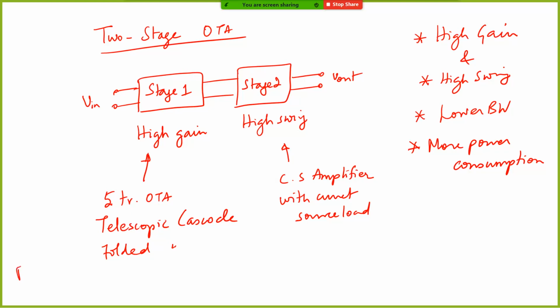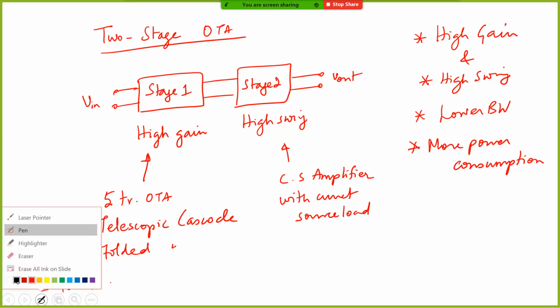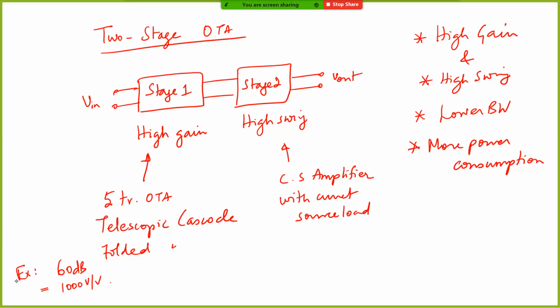For example, let me just take an example. I need a gain of, let's say, 60 dB. Okay, just taking a simple example. What is 60 dB gain? It's basically a gain of 1000 volt per volt. Okay. Now, the way you have to design a two-stage OTA is to partition, first of all, partition your gain